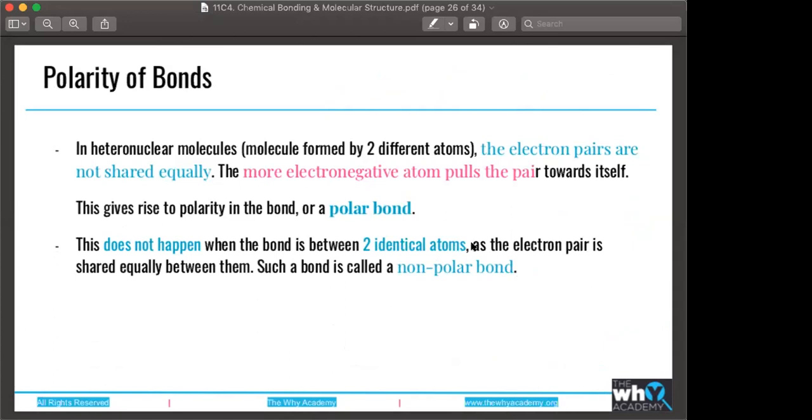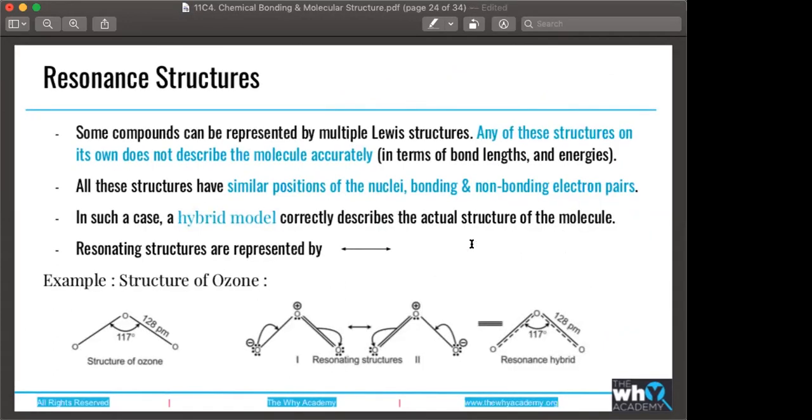Just one moment, I'll open the whiteboard. What is the structure for carbonate? So you've got CO3 2 minus. Carbon is the center, then oxygen with a double bond and lone pairs. One of them has a double bond, and of course the 2 minus is on the oxygens. This is the carbonate structure, right?